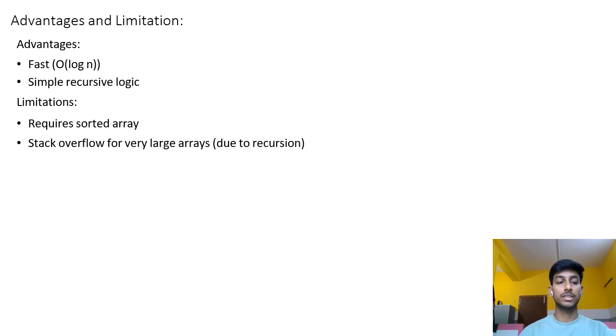Now the advantages and limitations of binary search. Advantages: binary search provides faster search time than linear search, and reduces the number of iterations or comparisons needed. It is widely used in searching algorithms under data structures like arrays and binary trees. It has a fast time complexity of O(log n), which makes it much more efficient than other searching techniques. It has simple recursive logic. And the limitations: it requires a sorted array, and there is a risk of stack overflow for very large arrays